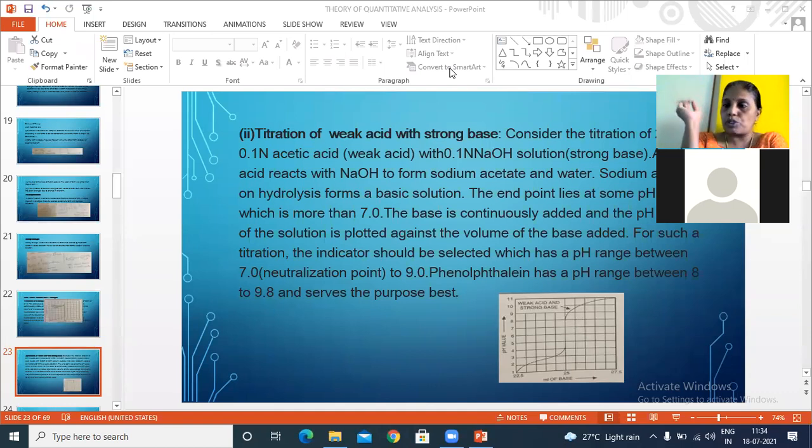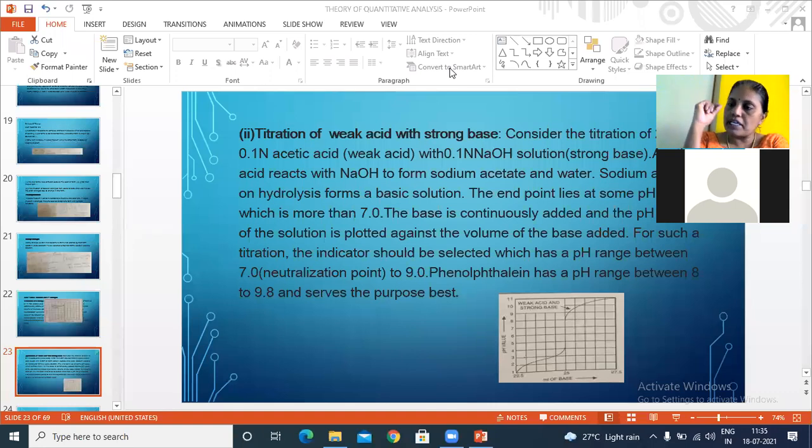Sometimes we may expect a question like this. For a volumetric titration or an acid-base titration of a weak acid, in general they may ask it as acetic acid. When we want to titrate acetic acid versus sodium hydroxide, in that titration the methyl orange indicator is not used. The phenolphthalein indicator we have to use. Why? For a very short answer question, such types of questions we can expect. For that, what we have to write as the answer is: methyl orange.